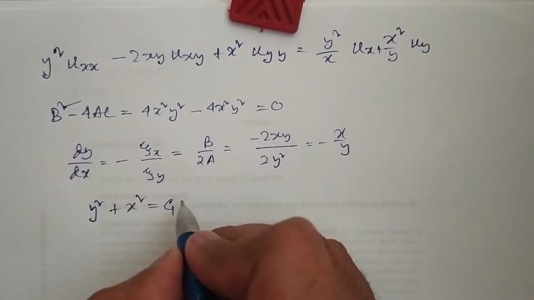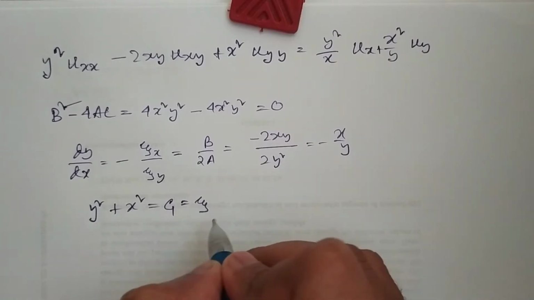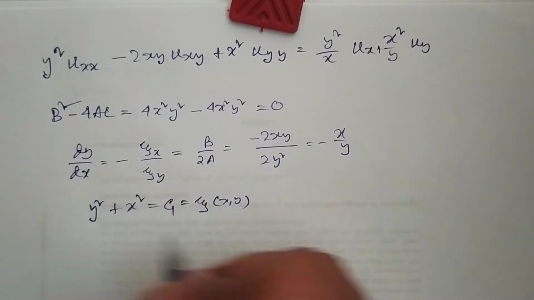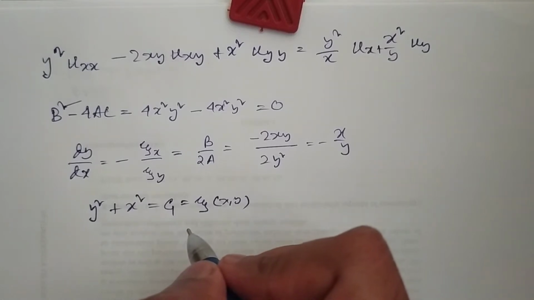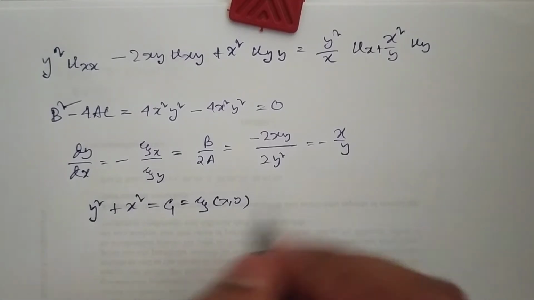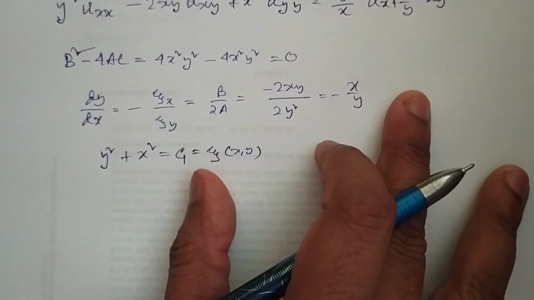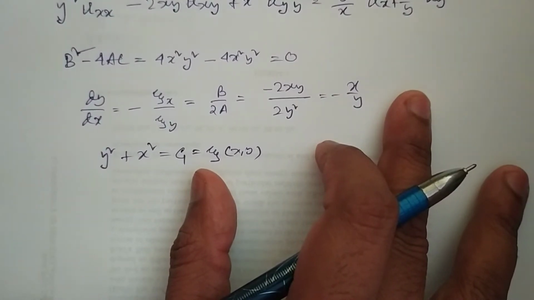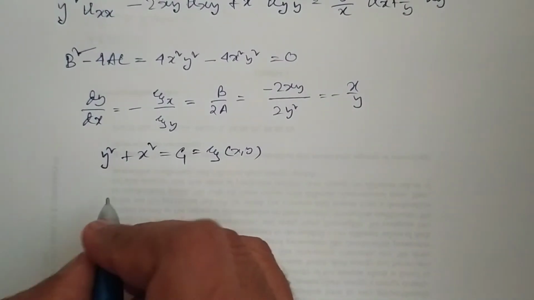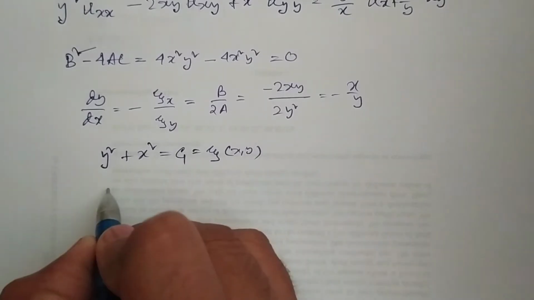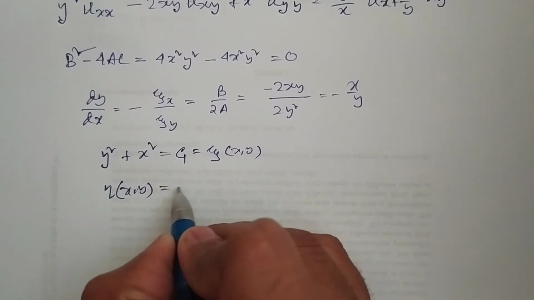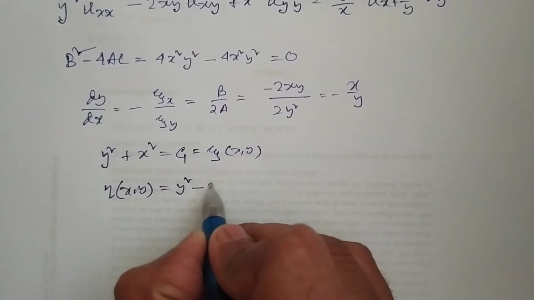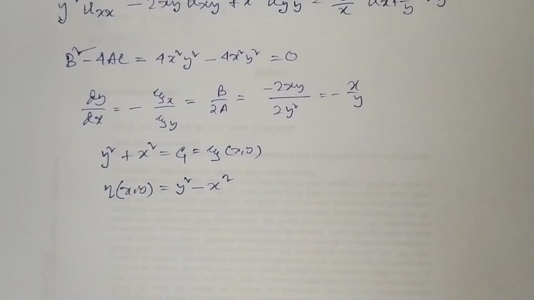So we say that xi of x, y equal to y square plus x square is one of the characteristic equations, and for this case the eta coordinate will be chosen arbitrarily. So what we will do, we take that eta of x, y to be, say, y square minus x square,